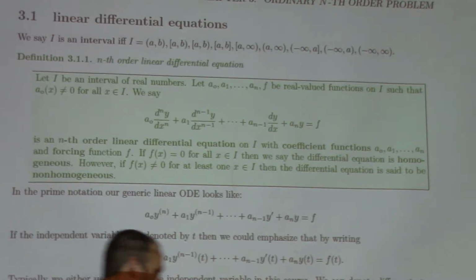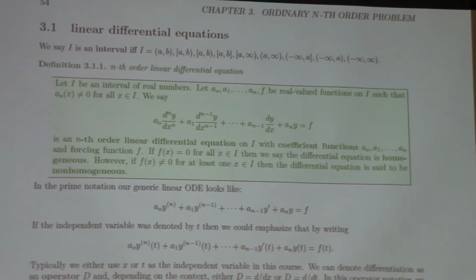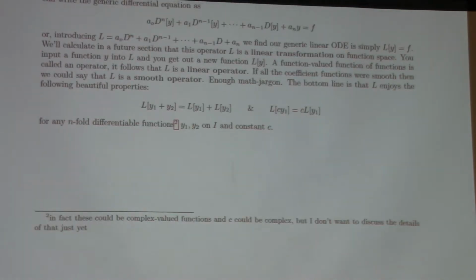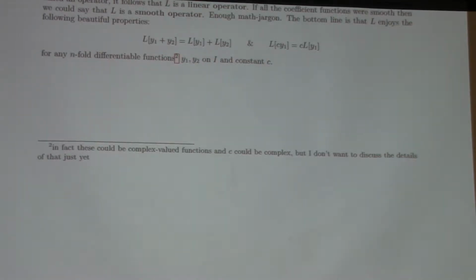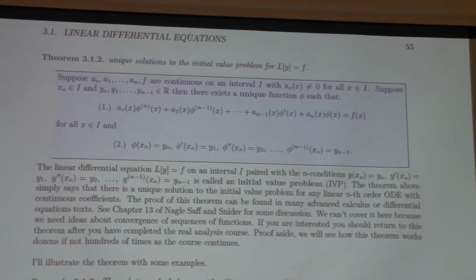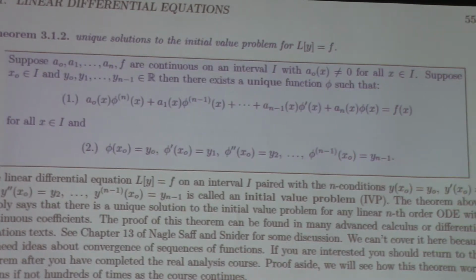So let me go on here. That's the general problem. This is an nth order linear ODE. And as we discussed, the sum of homogeneous solutions is a homogeneous solution. We figured out how to find those in the constant coefficient case. I stated without proof this theorem that if you have continuous coefficient functions and you have the leading coefficient non-zero for all x in some interval of real numbers,